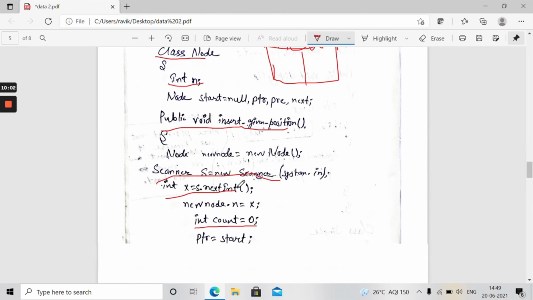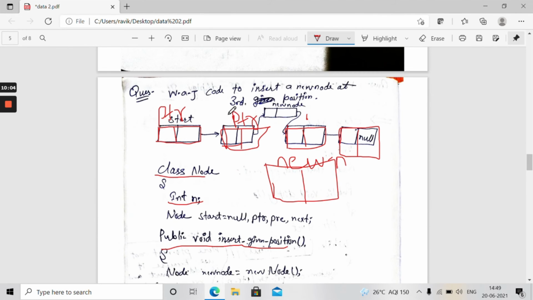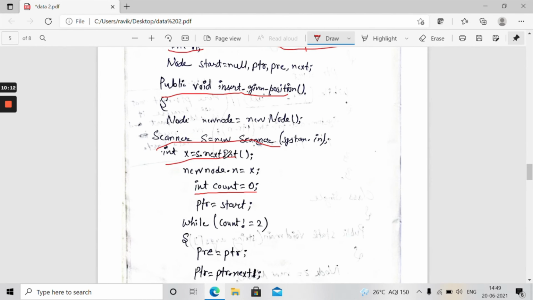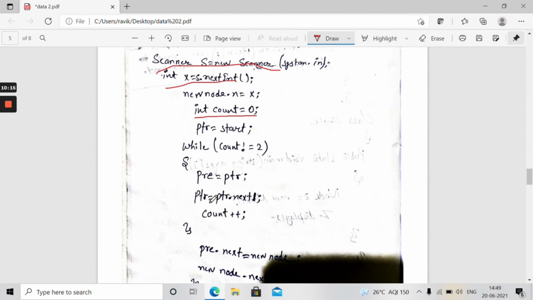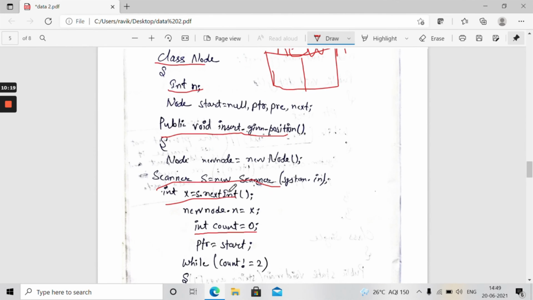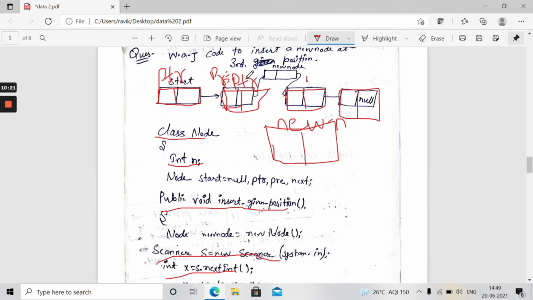And here pre equal to ptr means pre is also coming at that place, and ptr equal to ptr dot next. Ptr equal to ptr dot next means what? This ptr is going to that place, the next node.